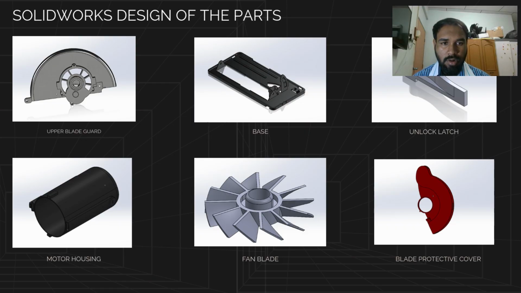This slide shows the SolidWorks model of the components that were developed based on the early freehand sketch. The purpose of this stage is to convert the conceptual idea into an accurate 3D model with proper dimensions and features. First is the upper blade guard. The part is modeled using extrude and revolve features to achieve the curved profile. Fillets were added to reduce sharp edges and improve safety, while mounting features ensure proper assembly with other